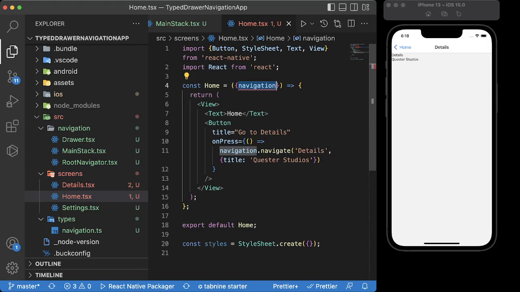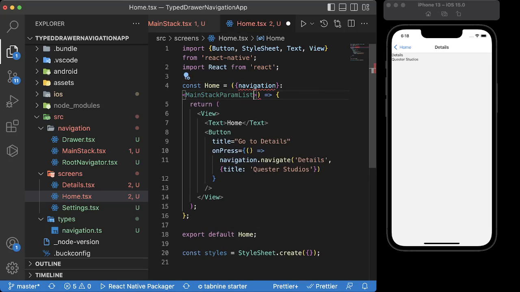So the type here is also main param list, but you'll see that we're still getting an error there. This is because that main params,